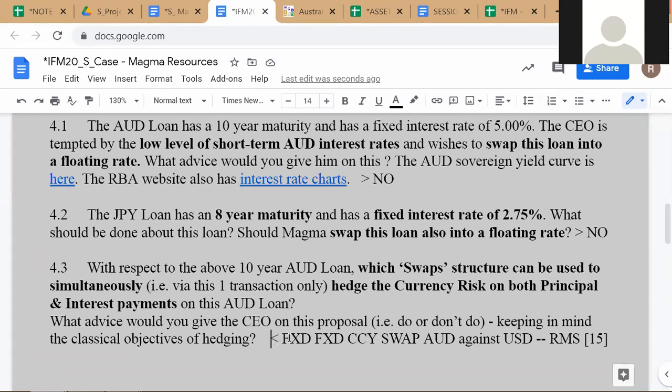Here the answers are actually also given about this particular structure. What is that particular structure? We'll see those structures. So these are the kind of problems in the context of which we start discussing swaps as an instrument. Generally we use swaps for two kinds of